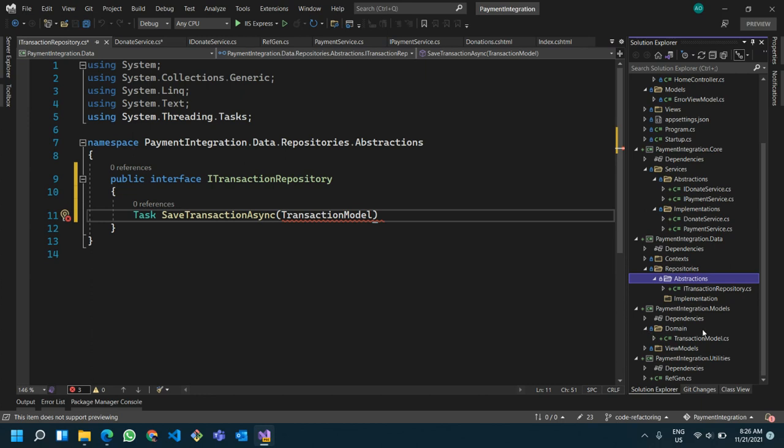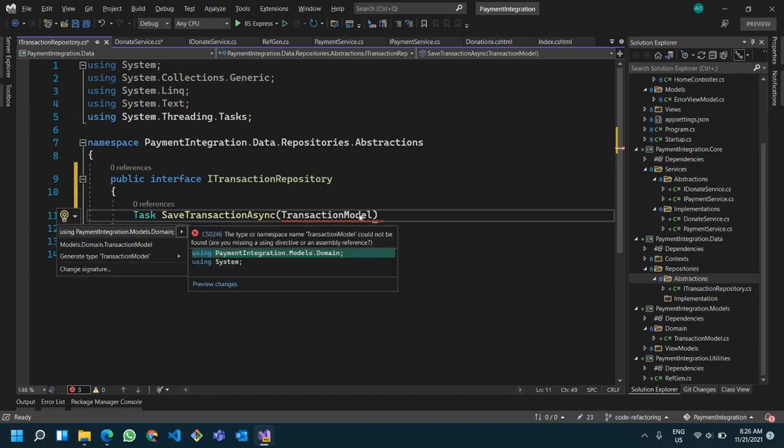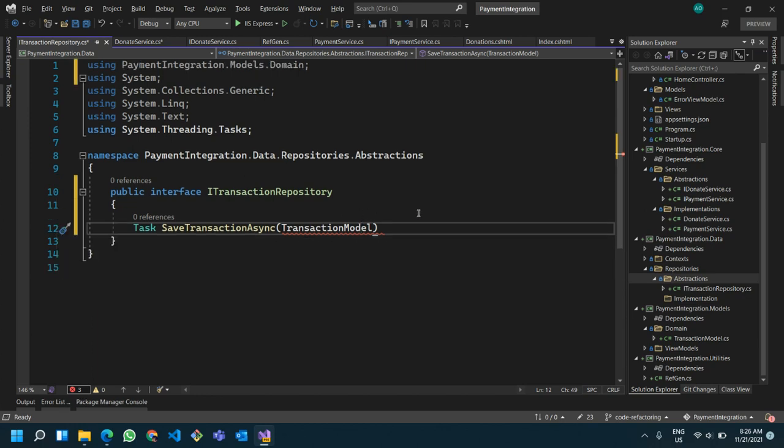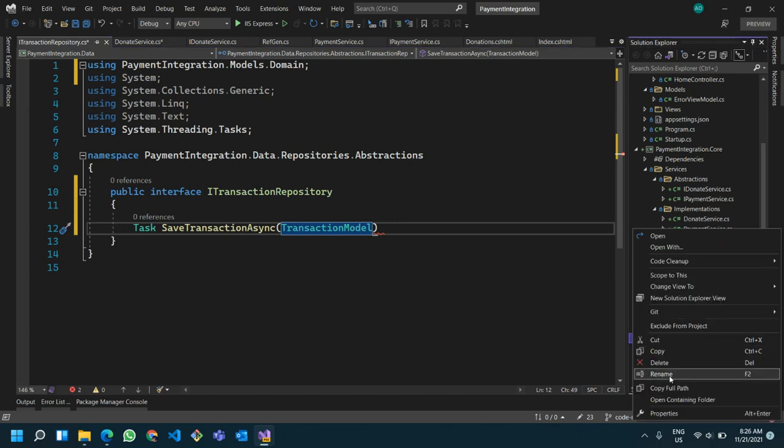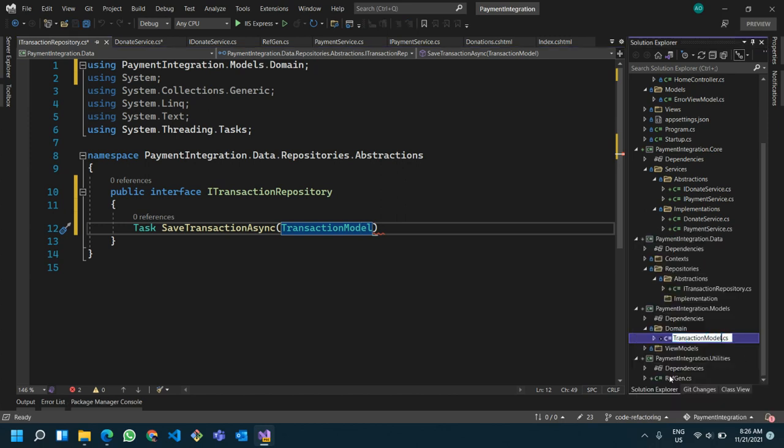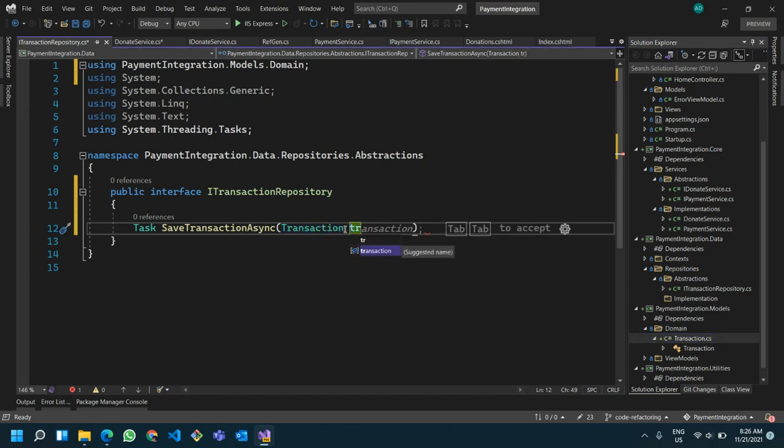So I think we should rename this across the board. Let's rename transactions first, and we'll rename this guy to become Transaction in this model. Yeah, and we'd like to rename across everywhere. Great, that works. Okay, so Transaction. And then